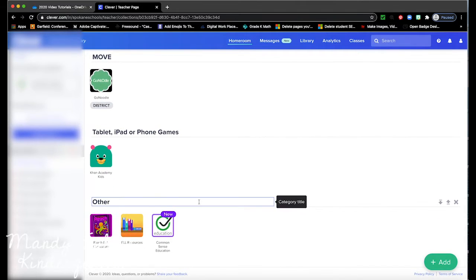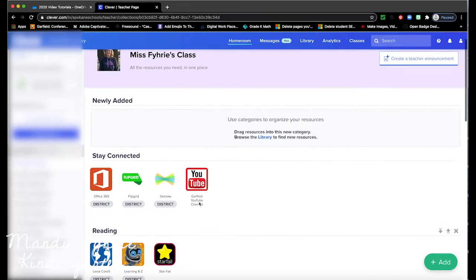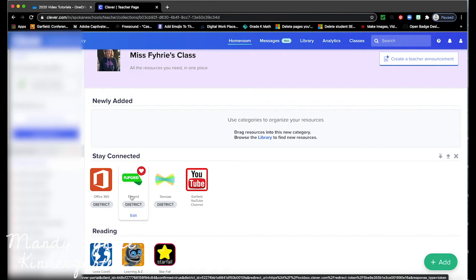Now this is what my teacher page looks like. Other kindergarten teachers might have something that looks a little bit different based on the resources they're using. So even though we might not be using this application in the beginning, I still have it here. We'll go over the applications later, but right now we're still trying to get on track in order to get